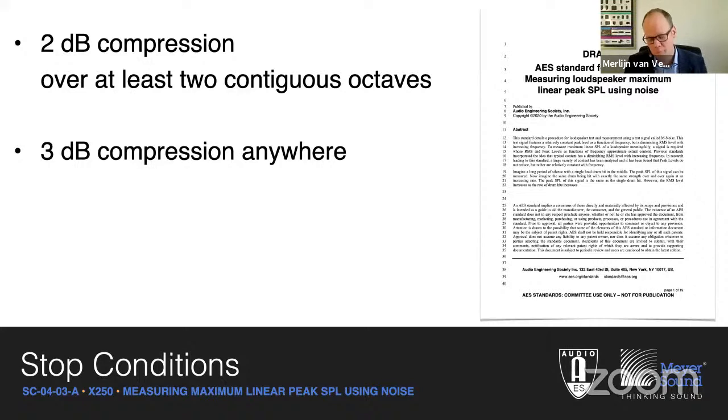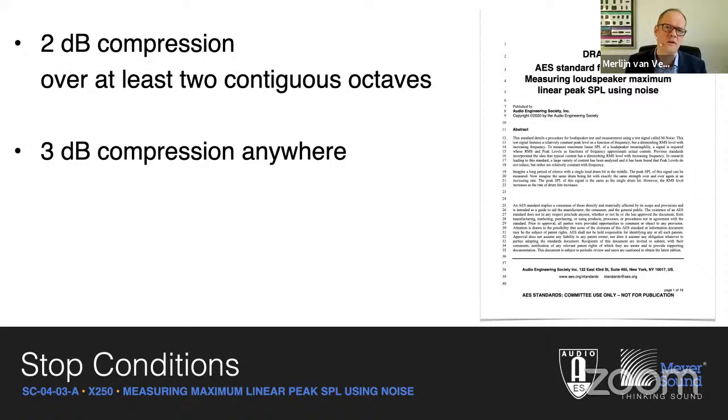Then the other thing, and this is the beauty of the collaboration with the fellow task group members, is that there were people within the task group that felt that there should be a second stop condition. This is basically inherited from the AES-2 2012 standard, which has a stop condition of 3 dB compression anywhere within the system operating range, no matter whether it's broadband or narrowband. Once you have 3 dB of compression anywhere, the buck stops and you've reached that maximum level. So this is something that we inherited, and we as a task group are happy to adopt that stop condition